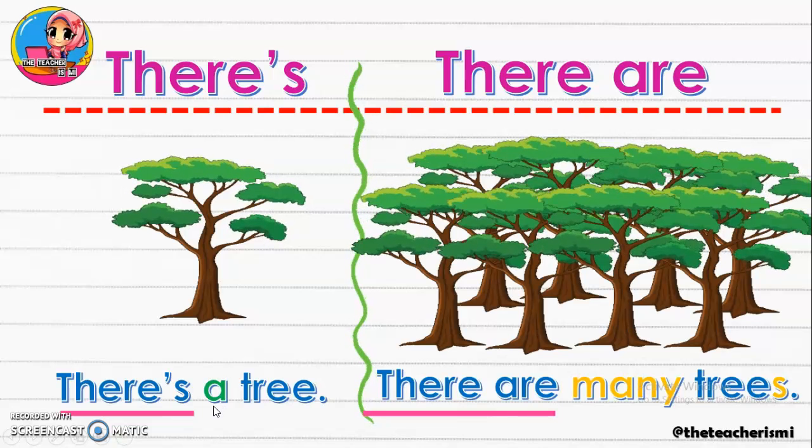Jadi, bila jawab soalan nanti, tengok pada selepas tempat kosong. Dia tulis maksudnya there's lah tu. Kalau dia letak one, there's. Tapi kalau dia letak four ke, many ke, dia letak nombor ataupun many ni, the answer should be there are. Okay? Do you understand? Very good. I hope you understand. Okay? So,